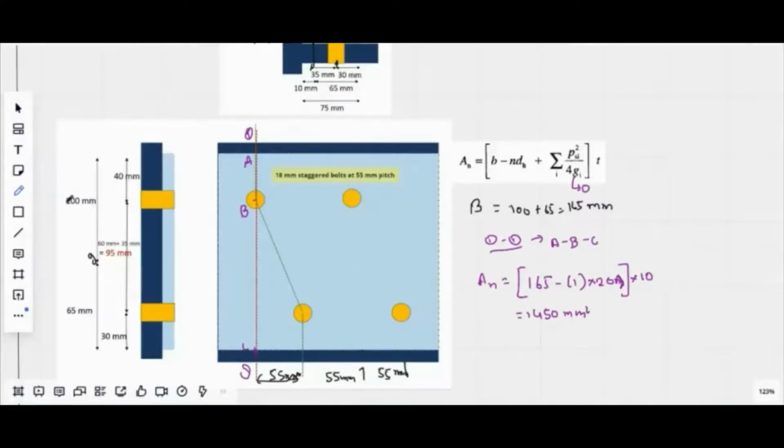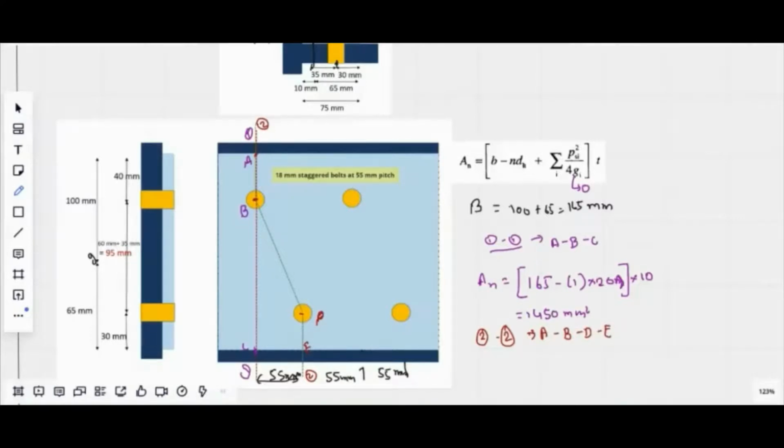Now we come to the angle section 2-2, the section 2-2, which first starts through the plane at point A, then comes across point C, later meets at point D, and moves through the plate from point E. So generally my section 2-2 will be going through point A to B to D to E.